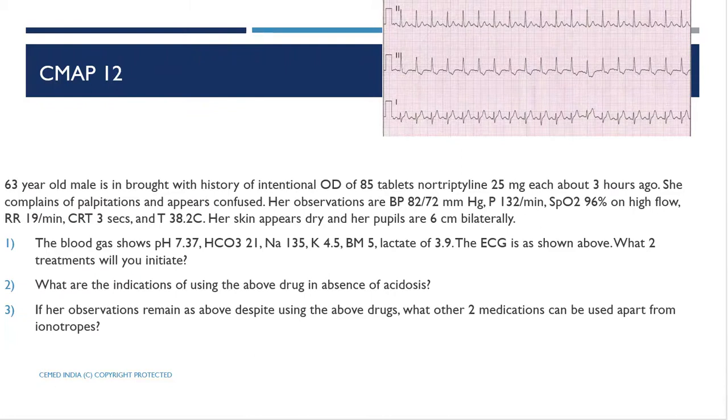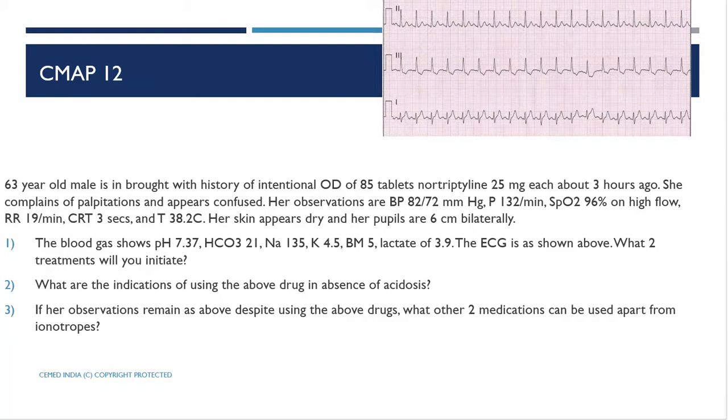So the next one, you can pause the video here again. Okay, so the blood gas shows this, the ECG is above, what 2 treatments would you initiate? So based on my diagnosis of norepinephrine overdose, which is a TCA overdose, I will give her a liter of fluid, IV 0.9% normal saline bolus, and I will give her 50 millimoles of sodium bicarbonate, not soda bicarb, sodium bicarbonate IV. Then what are the indications of using the above drug? We'll see the indications, and